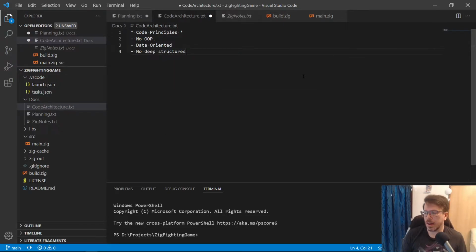On top of that, I will have no deep structures. So not only data, but also code. And what I mean by that is I don't want deep call trees, right? Once we start having functions calling functions, which call into functions, it's going to become much harder to track what's actually going on. I want things to be flat, right? That's the basic idea. It just makes things much easier to follow. You can read the code from top to bottom.